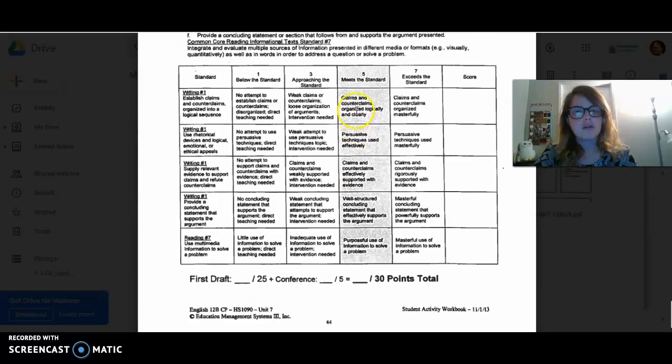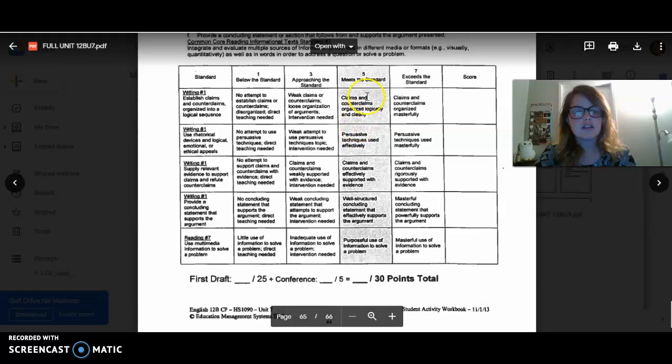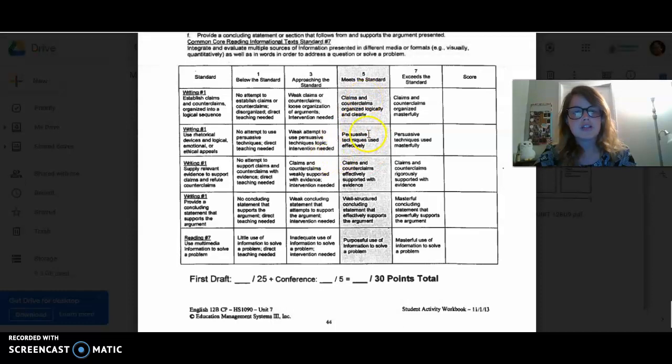Here, this is how I'm going to grade it. So claims and counterclaims are logically organized and clear. You have persuasive techniques that are used effectively, so that's the ethos, logos, and pathos, right? Your claims and counterclaims are supported with evidence. Remember, evidence looks like quotes, facts, and things like that. There should be citations here, right? You have a good conclusion that effectively supports your argument, has a call to action, and you use information purposefully